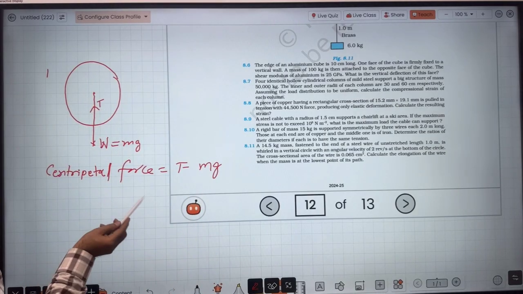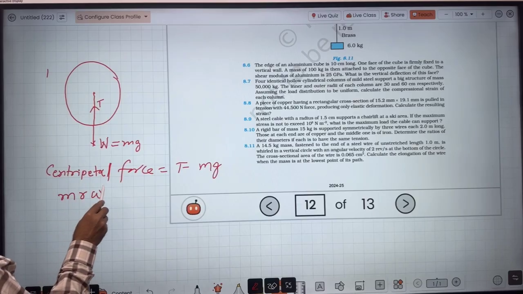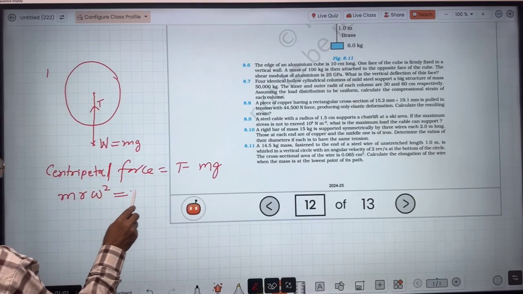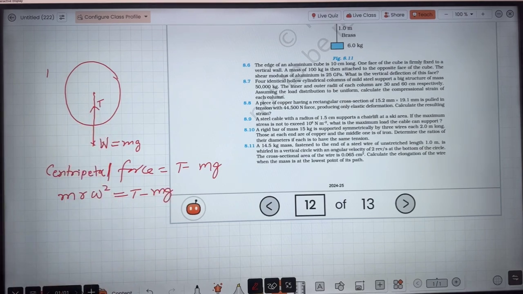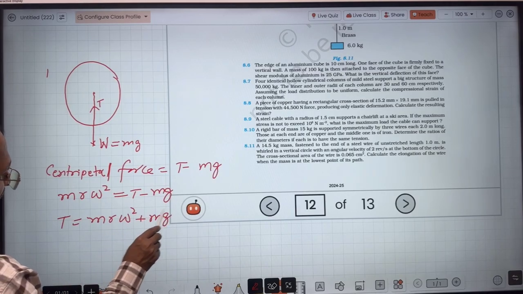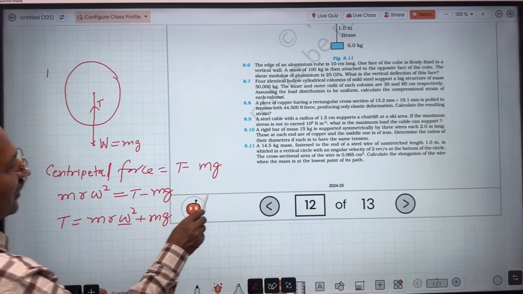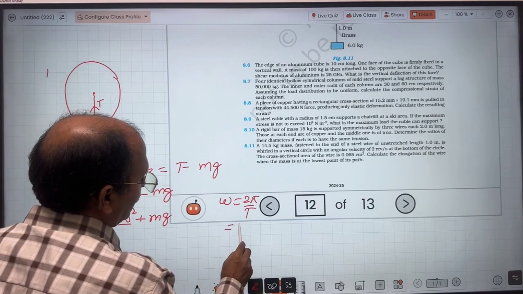Centripetal force is given by either mv square upon r, and v equals r omega. So m r omega square equals tension minus mg, and you know the elongation will be due to tension. So let's see what the tension is. Tension will be m r omega square plus mg, and omega equals 2 pi by T